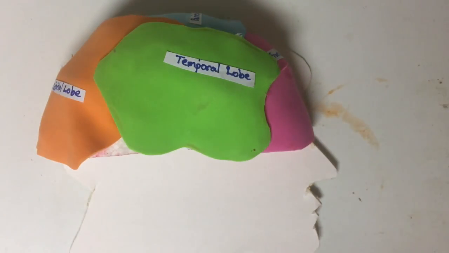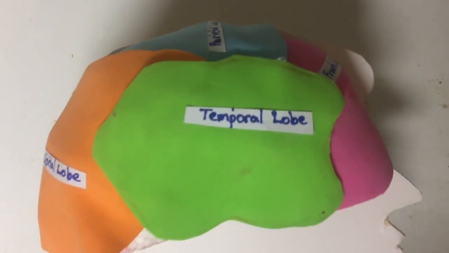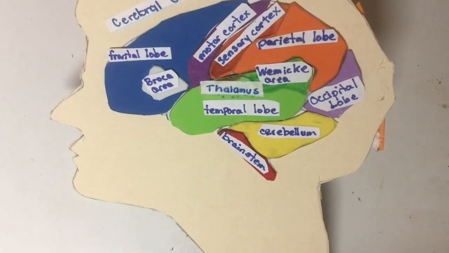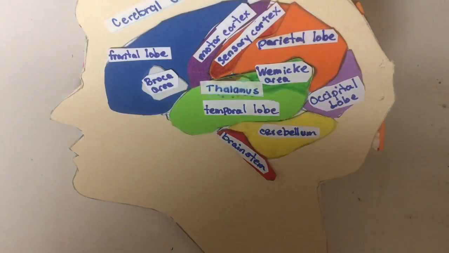So this is a diagram showing the 4 lobes that I already went over. We have the temporal lobe, the frontal lobe, the parietal lobe, and the occipital lobe. And on the back we have parts of the brain. So right in the middle we have the thalamus, and the thalamus basically is the processing center for sensory and